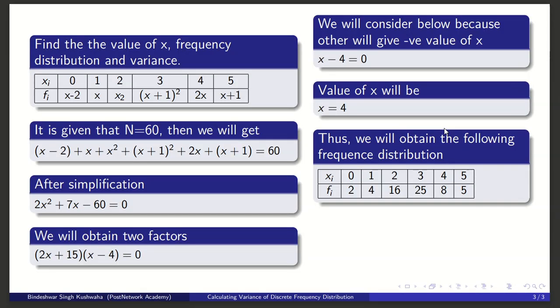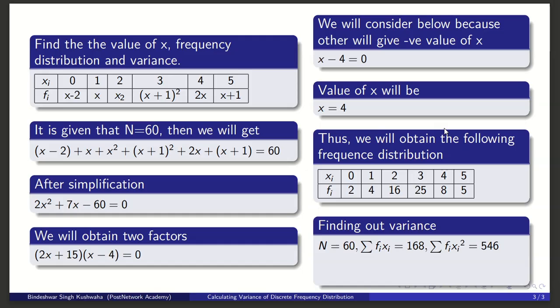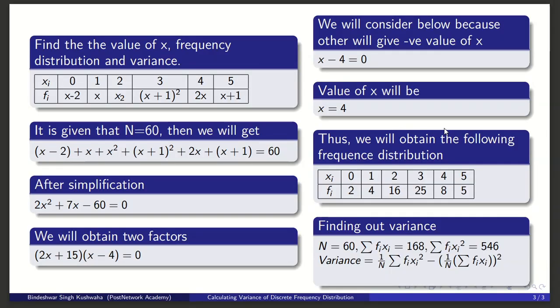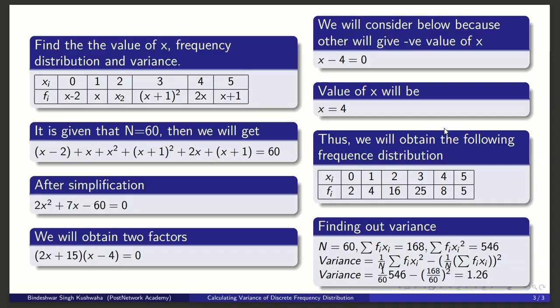Thereafter, if we put in the value of x, we will get the frequency distribution. Now, to work with the frequency distribution, we will require these values. I am not going to calculate them here, but if you calculate them, you will get n equal to 60, Σfixi equal to 168, and Σfixi² equal to 546. If you plug all the values into the variance formula, you will get